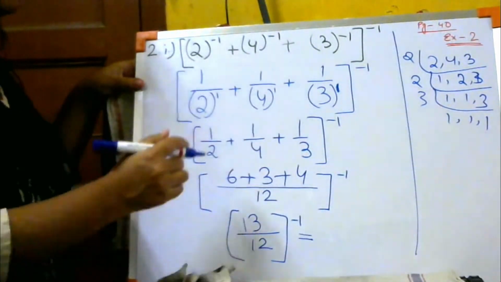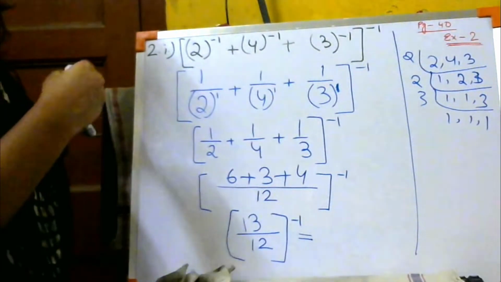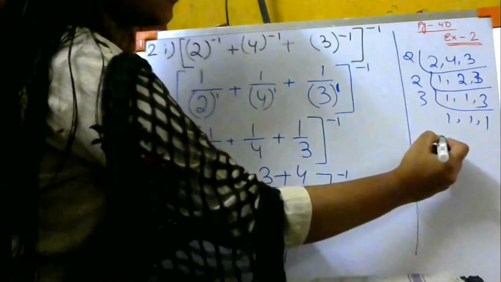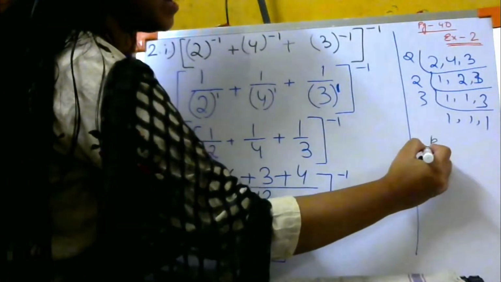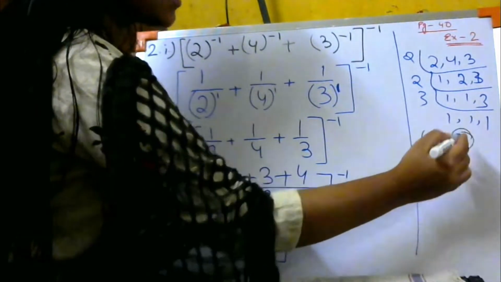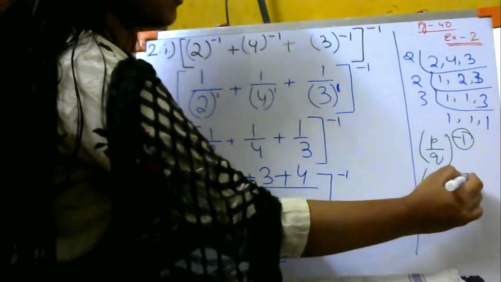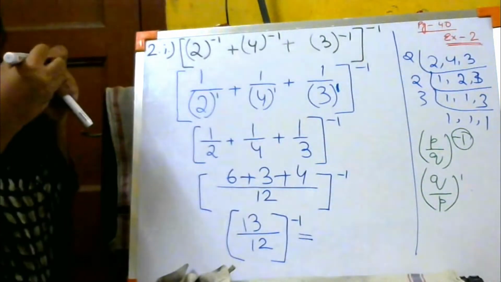Now, do you remember this formula? If I am not wrong, that was exponents rule number 2. Second law of exponent. It was P by Q to the power minus 1. How do you change this minus 1 into plus 1? You just change Q by P. Just do the inverse. So then this becomes just 1. I hope you people remember that.